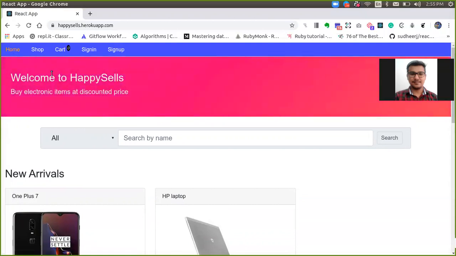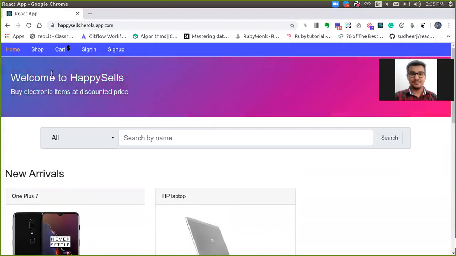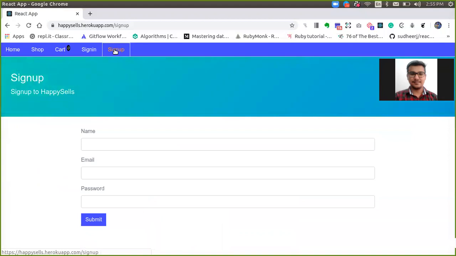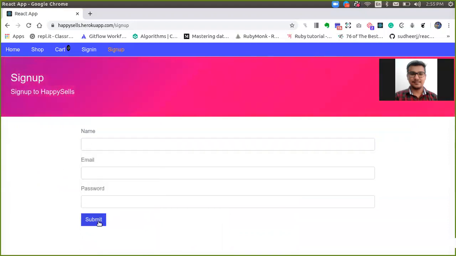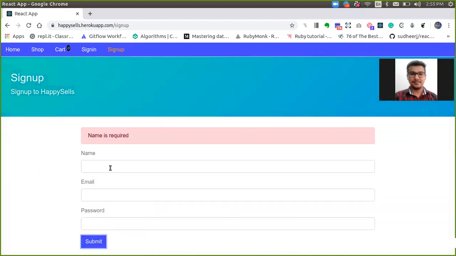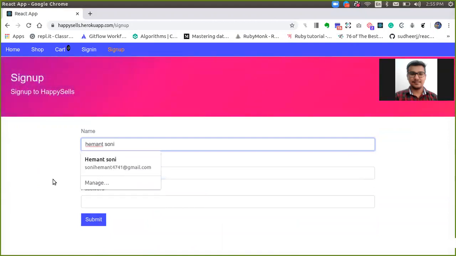First of all, the user will come here and maybe like some product or be willing to buy some product. So first of all, he has to go to the sign up page and sign up here. If I am not giving any name and I submit, the name is required, so let's give a name like Hemant Soni.